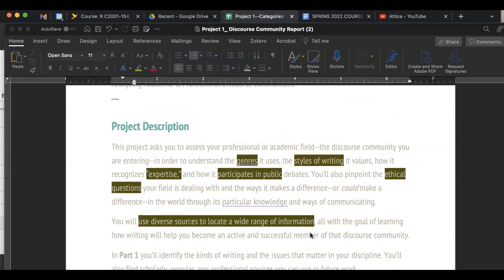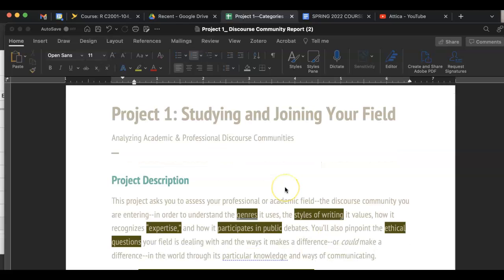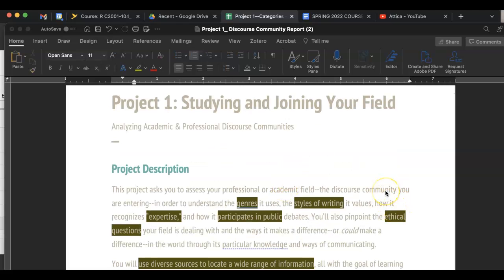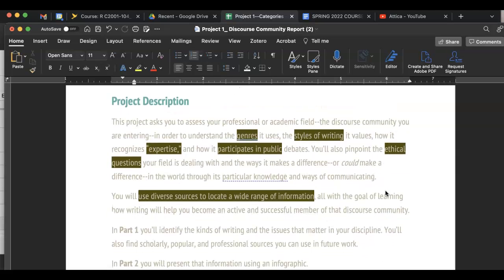I wanted to go through this first project with you just to answer 5 emails at once that I've received, and also maybe the emails that haven't yet been sent if you have questions. So I'm just going to unpack it a little bit more and also give you some additional options verbally before I send my